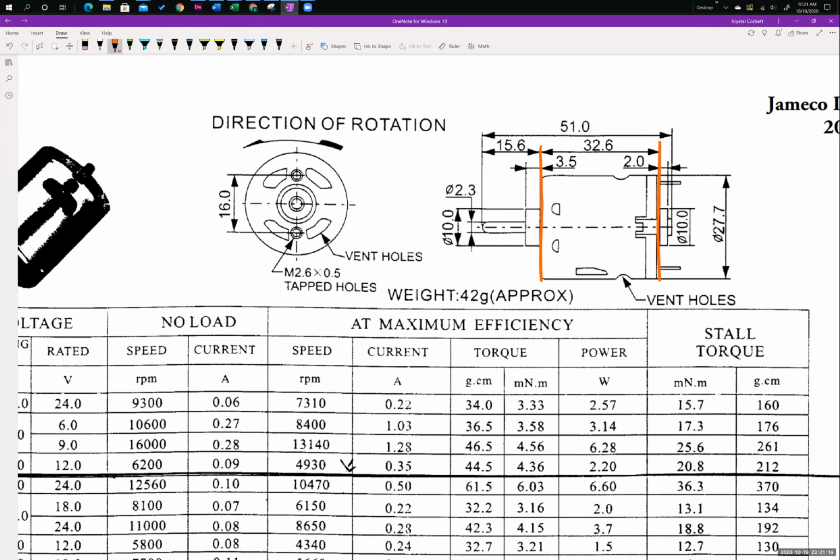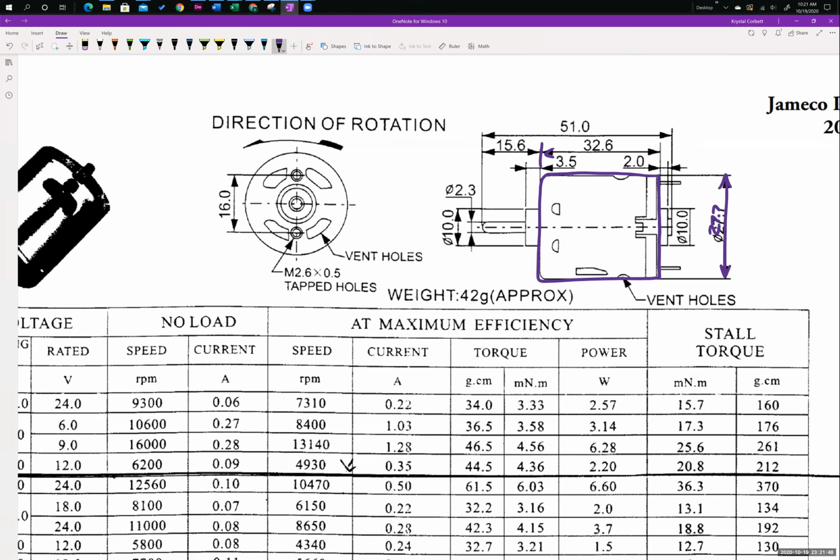So you might draw this cylinder here at 32.6 millimeters. For instance, you might draw a circle in SolidWorks for the diameter of this part, which is 27.7 millimeters,